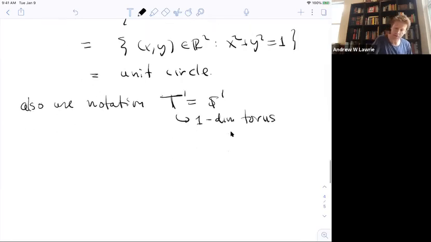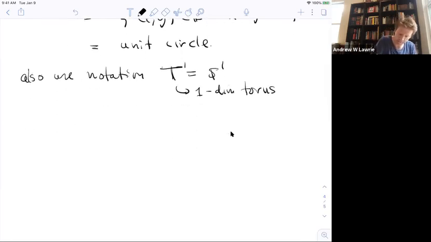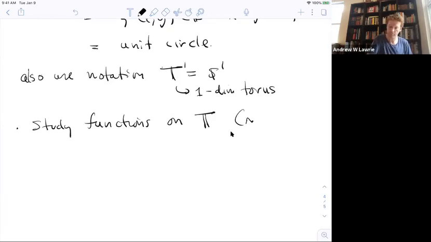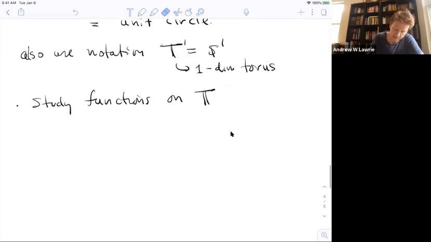And the objects we're going to consider: we want to study functions on T or on S1. I'm going to use those two notations interchangeably, just because I'll probably forget from class to class which one I've been sticking with. So we study functions on T, and what does this mean? So if z is an element of T